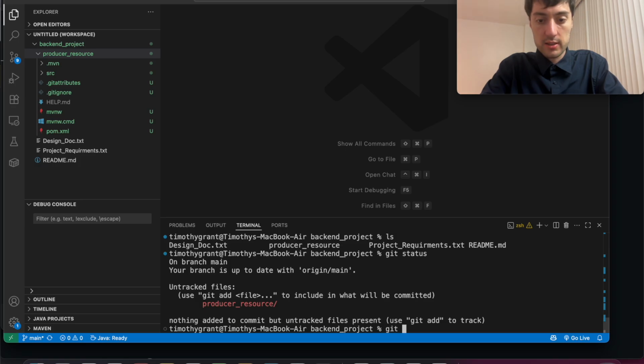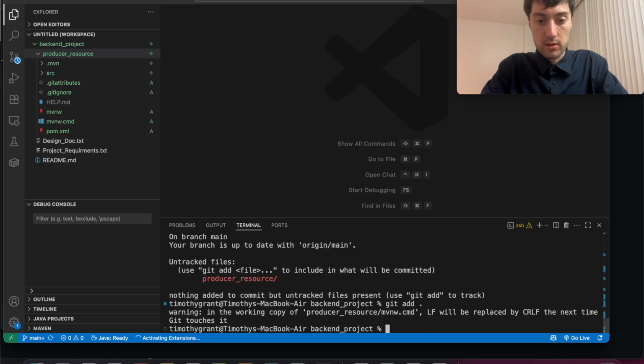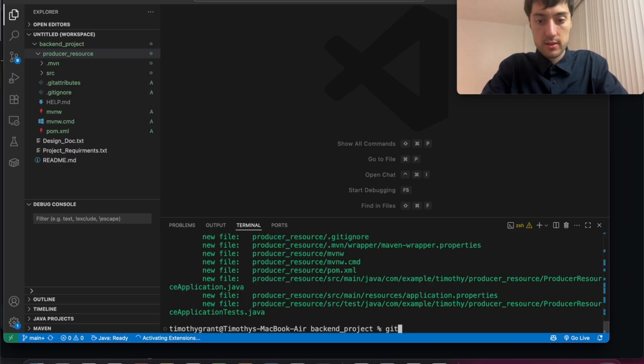So git add all, git status, git commit minus m created the initial framework